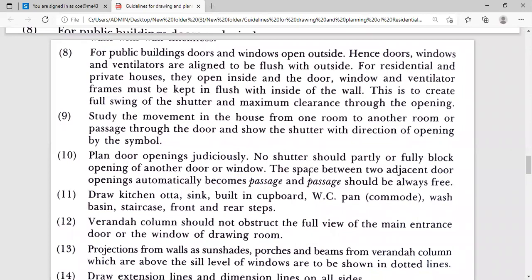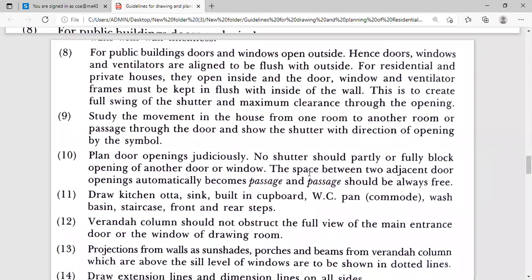Here, as per point number 10, whatever door openings are there, we have to provide a clear door opening, means there should not be partly or fully blocked opening of another door or window, means at the time of